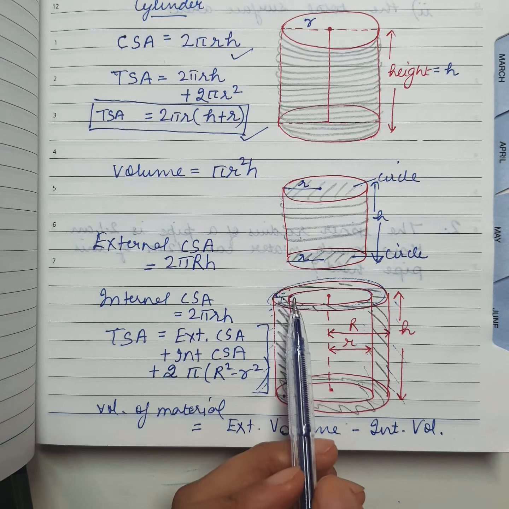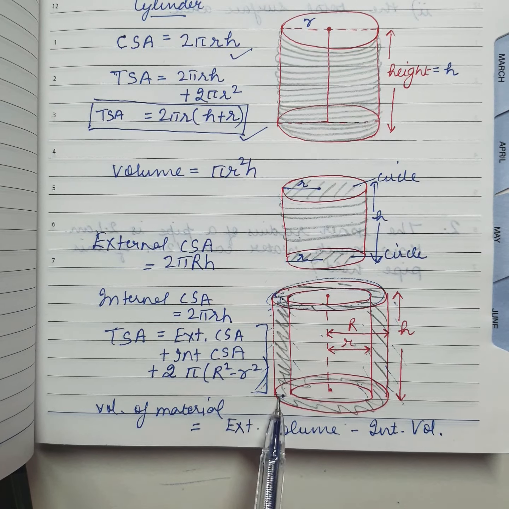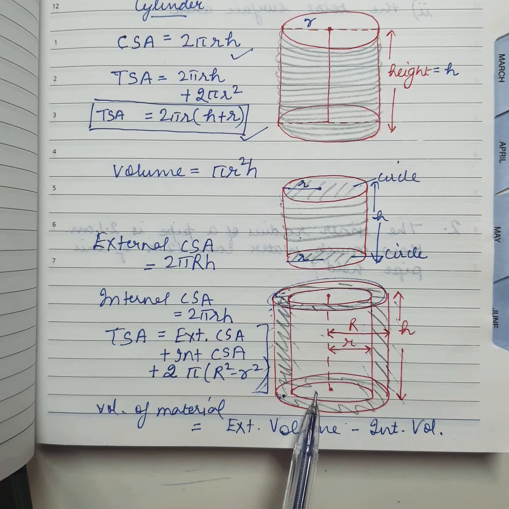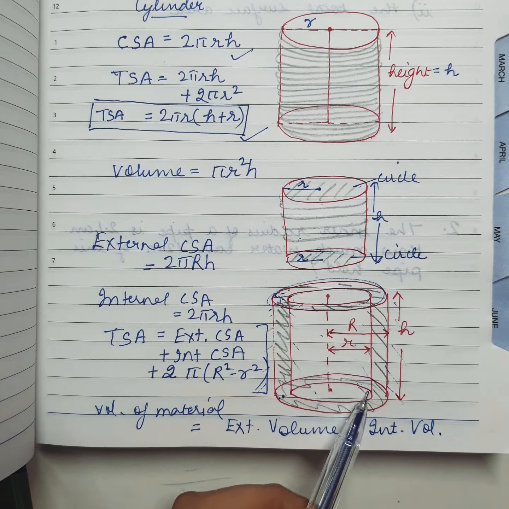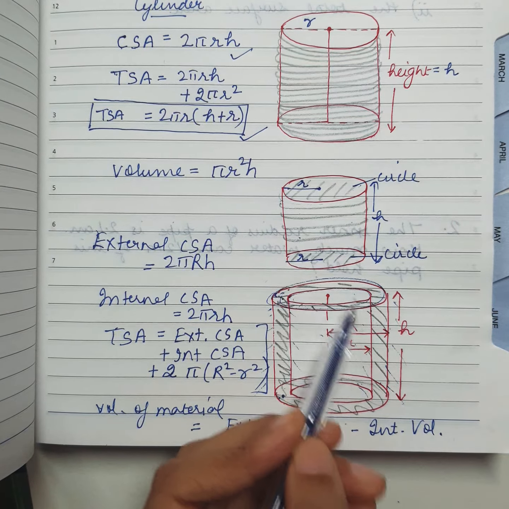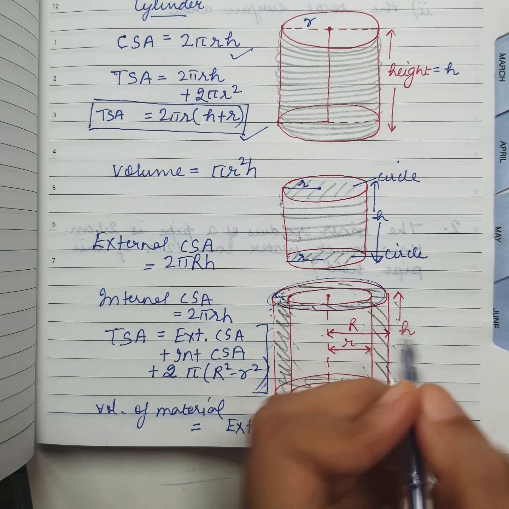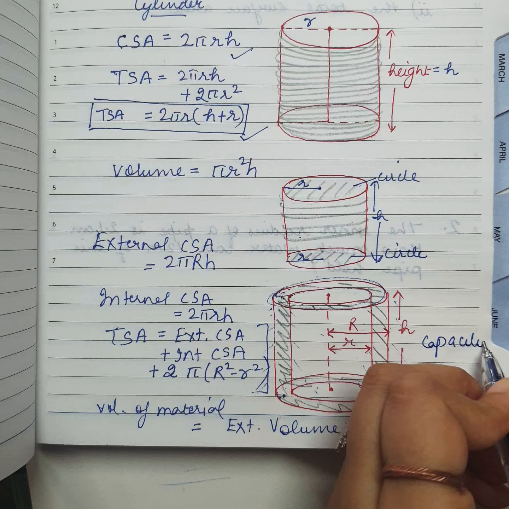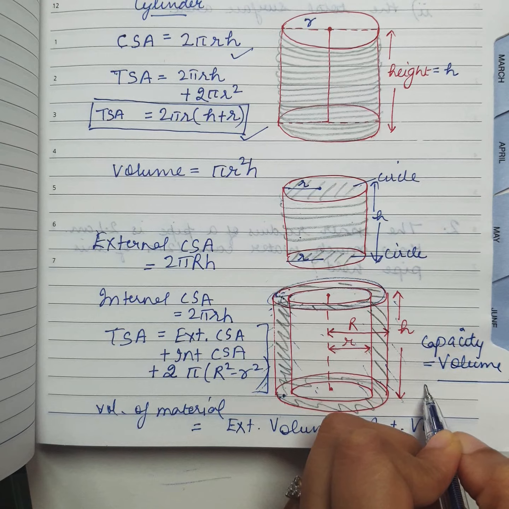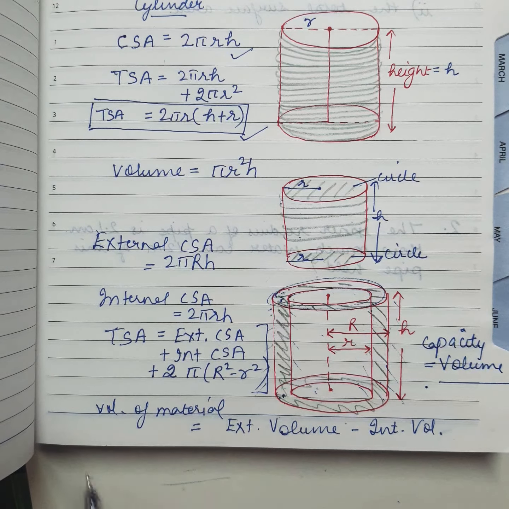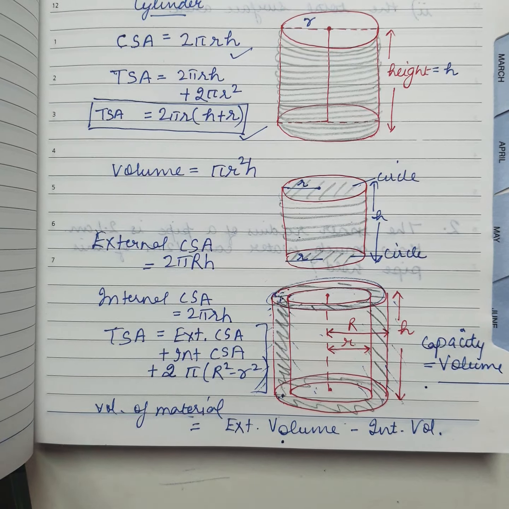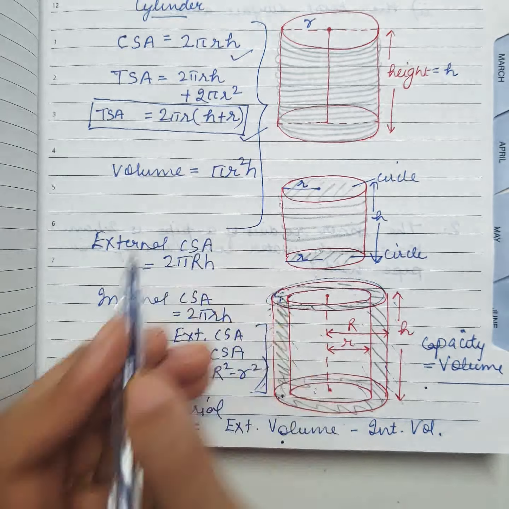Or if I want to find the capacity of this container, capacity का मतलब ये कितना पानी होल्ड कर सकता है, कितना फ्लूइड it can hold. In that case we will only find the internal surface area. पानी यहाँ पर तो भरेंगे नहीं, ये तो मग का पोर्शन है, so पानी इतने ही पोर्शन में भरा जाएगा. So in the case of capacity of the container हम हमेशा वॉल्यूम फाइंड आउट करते हैं. And when they say find the volume of the material used, तब हम ये फाइंड करेंगे in case of hollow. So these are the majorly used formulas.